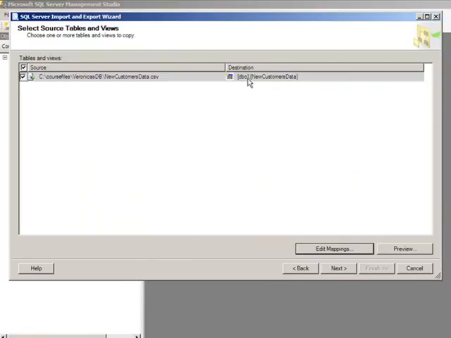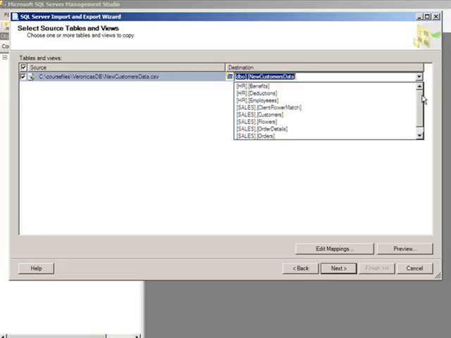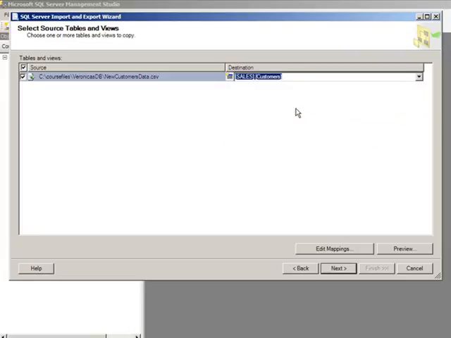Notice it gave me a new table name on its own of dbo.newcustomersData based on the data file. That's not where I want this to go. So if I select this area, I get a drop down where I can choose from the tables that are part of my database. And I'm adding this to the customers table. Selecting the customers table,